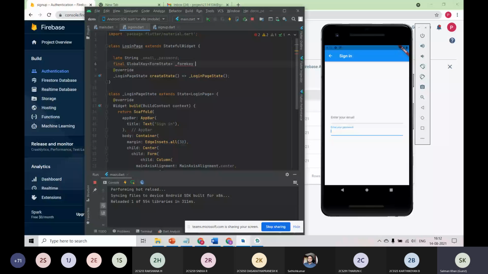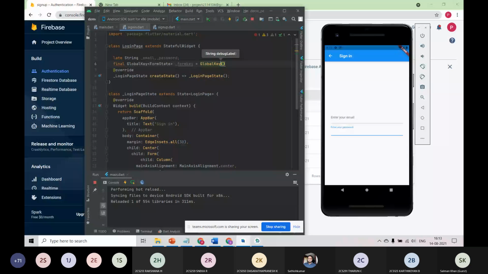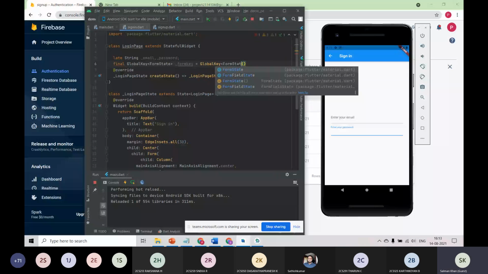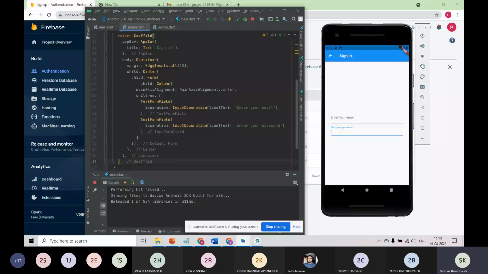And here we will pass the form state. Doesn't that something we need? Okay, everything looks good.